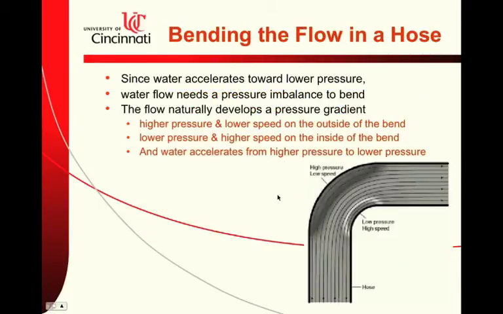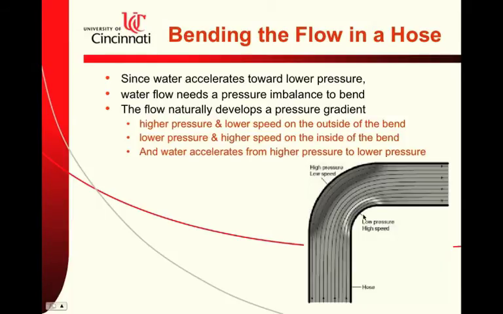So, for example, if you want to bend a hose, the idea is that the water, as it flows through there, is undergoing circular motion. And if it's undergoing circular motion, then there has to be a centripetal acceleration. And how does it get that centripetal acceleration? Well, it does it by having a differential in pressure. So at the outer end here, it's got to have high pressure on one side, and it's got to have lower pressure here. And that gives a net force towards the center of the turn,